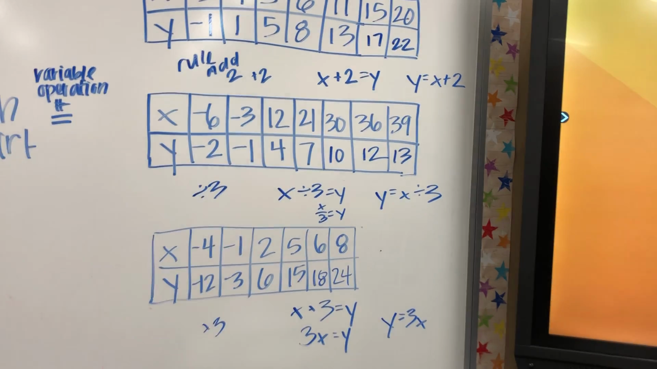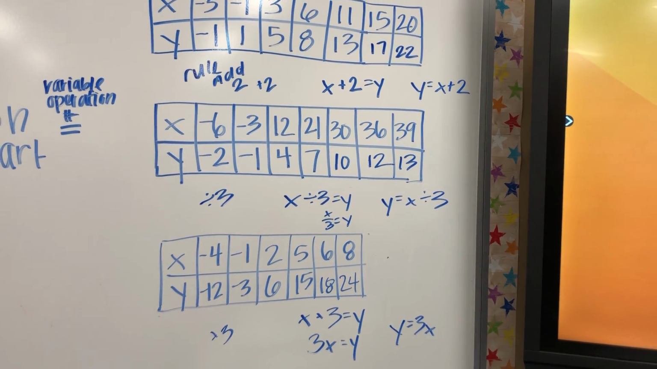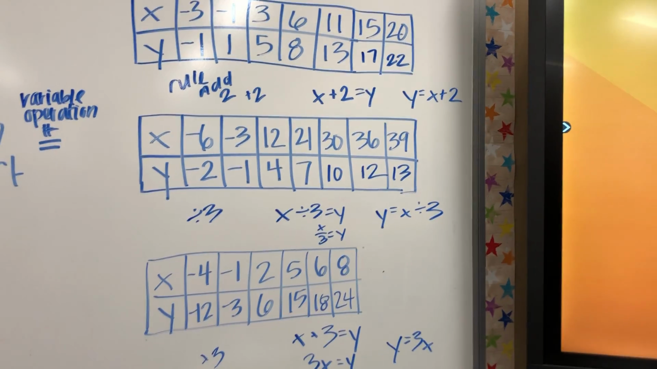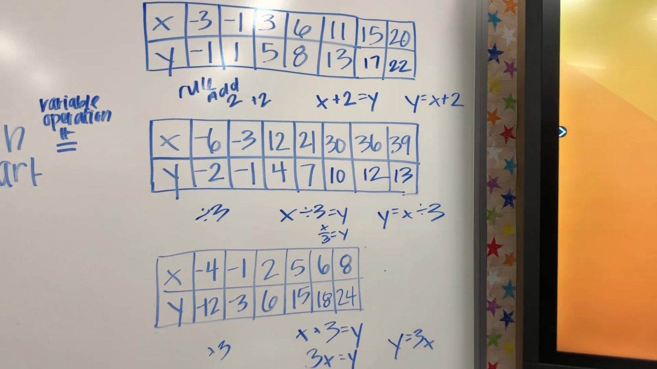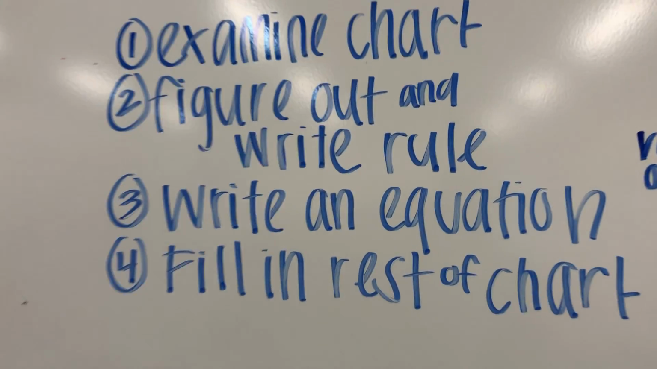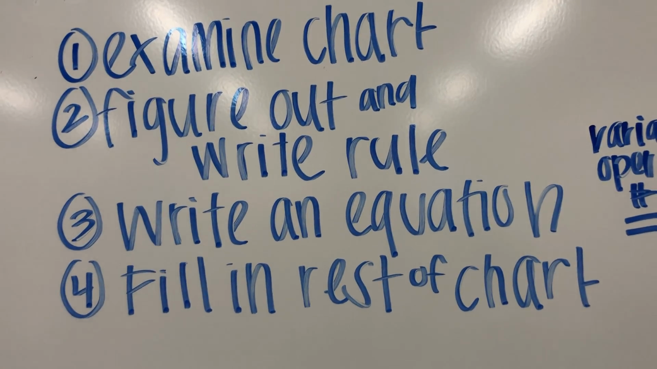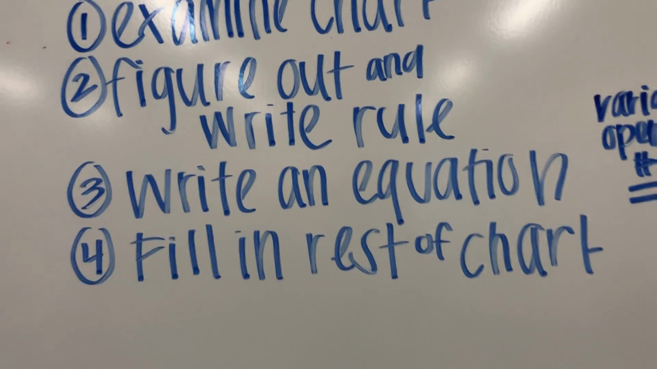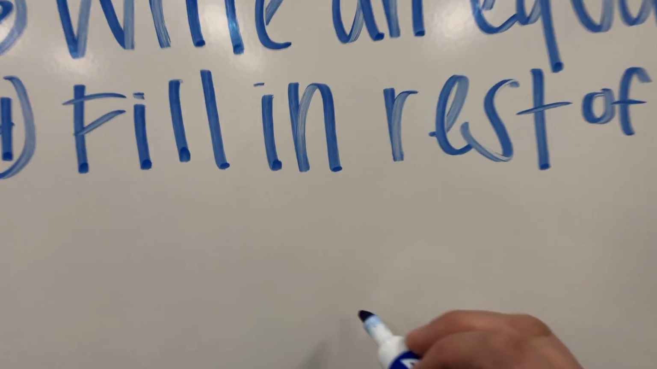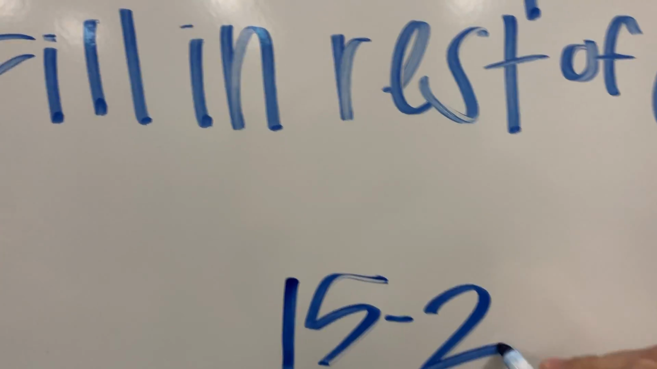These are just 3 examples of what you might see on your assignment. Each part of your assignment is going to have 3 parts. You're going to write the rule, you're going to write the equation, and then you're going to fill in that chart. You guys, today we're going on the second page of the packet, and you are going to do